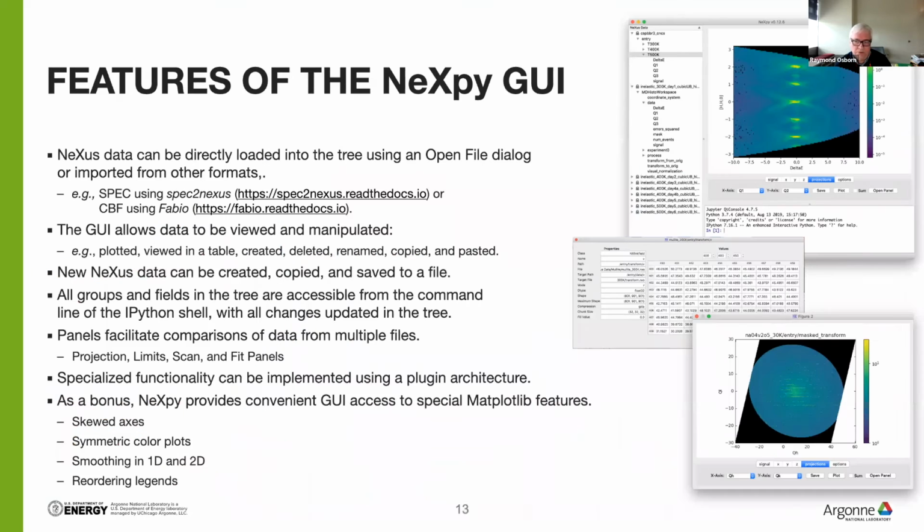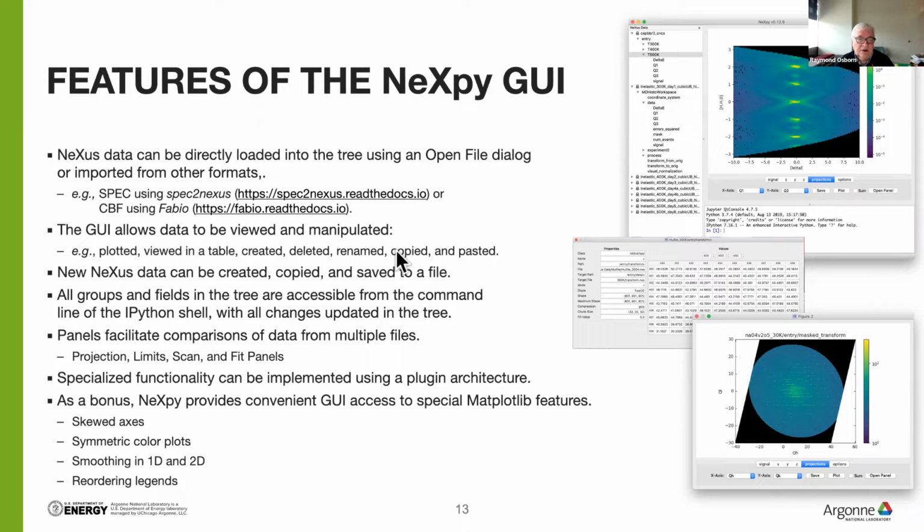Okay. And hopefully these will all come out later in the demonstrations. So you can either directly load HDF5 files in the open file dialog, or you can import from other formats. So if your data is stored in something like Spec, I'll show an example of this to all my X-ray scattering friends later on, or CBF is another format used by the X-ray scattering community. You can load this data, you can load multi-column text files, etc., and they will be pulled into the tree